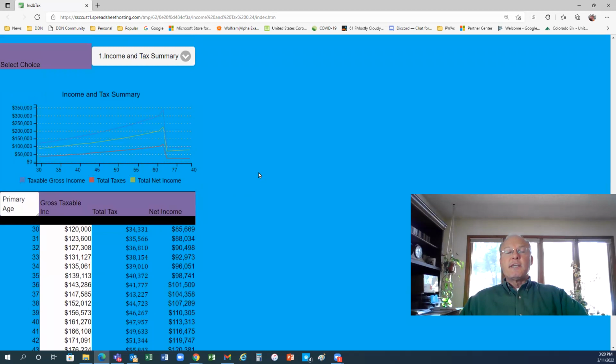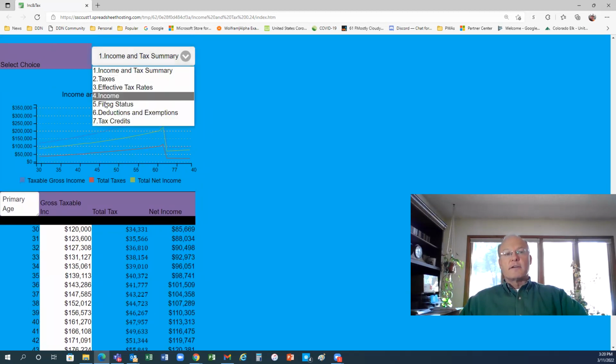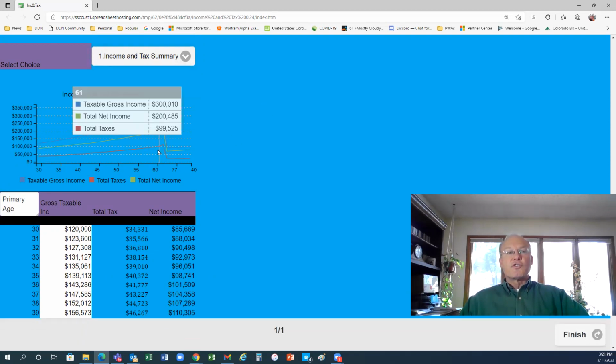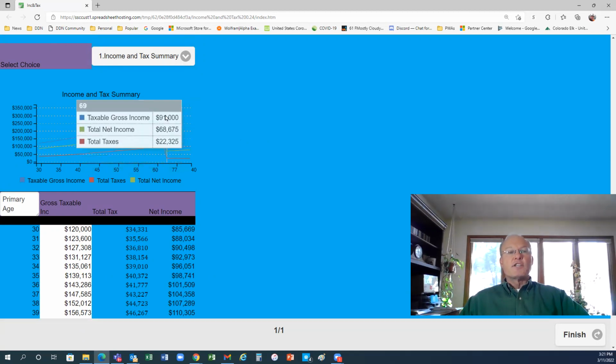Okay, so we give you a bunch of 7 different tax information on income and taxes. So the first one is just your summary. So it gives you what your gross income is, your net income, and your taxes are. And you can see gross income grows to roughly about $92,000 a year. Net income is about $70,000 a year. And total taxes,